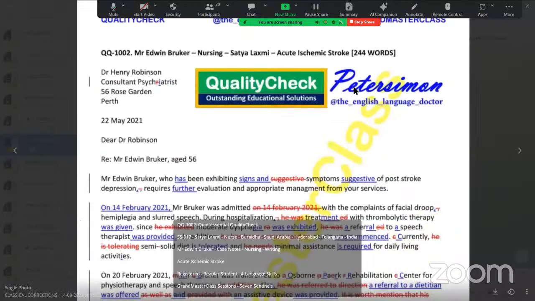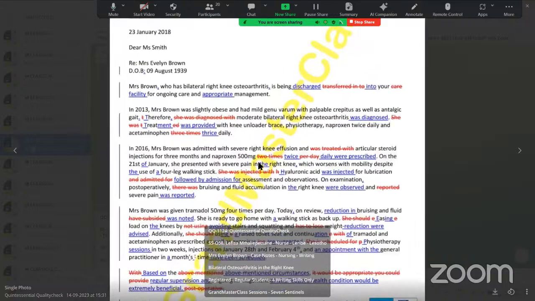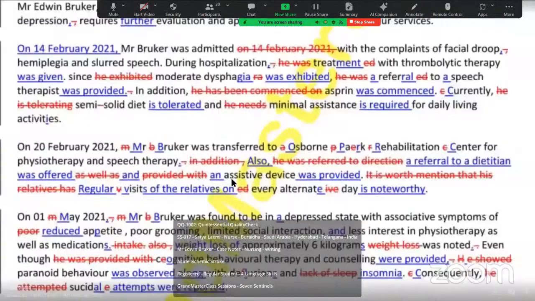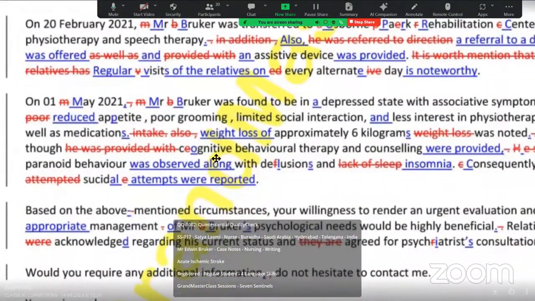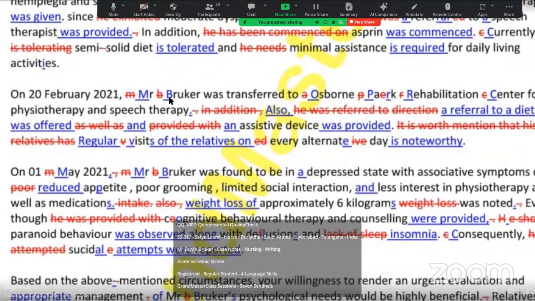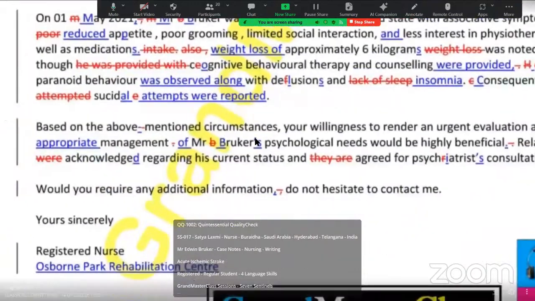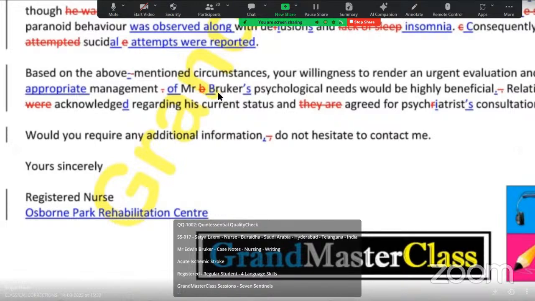This letter was corrected long back. It's somewhere around 2020 through September 23. Okay. So you can learn from these things. For example, see here, names of the, where is this? Tamsulosin. Yeah, medication. So Mr. Brooker, names should be in capital letters, right? Names should be in capital letters. What are the types of mistakes? You'll notice. So you can learn a number of things. So this person doesn't know how to use capital letter or small letter. Okay.